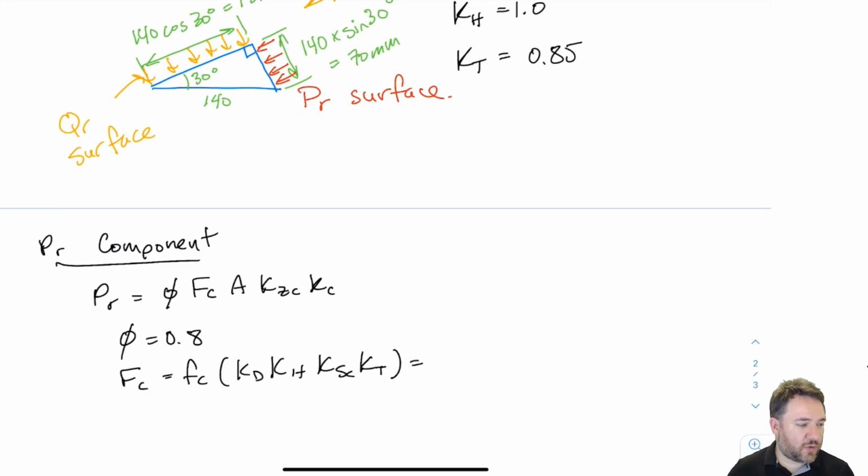Okay, so this is the equation for strength parallel to grain. This equation in general includes buckling. We're going to assume that no buckling occurs. Our phi is 0.8, which is just a given, and then we need our capital FC,